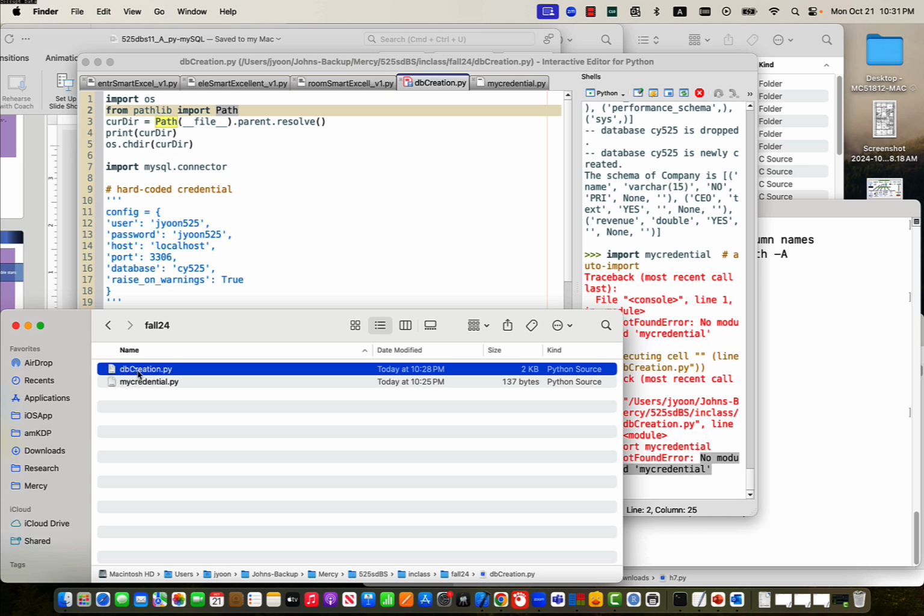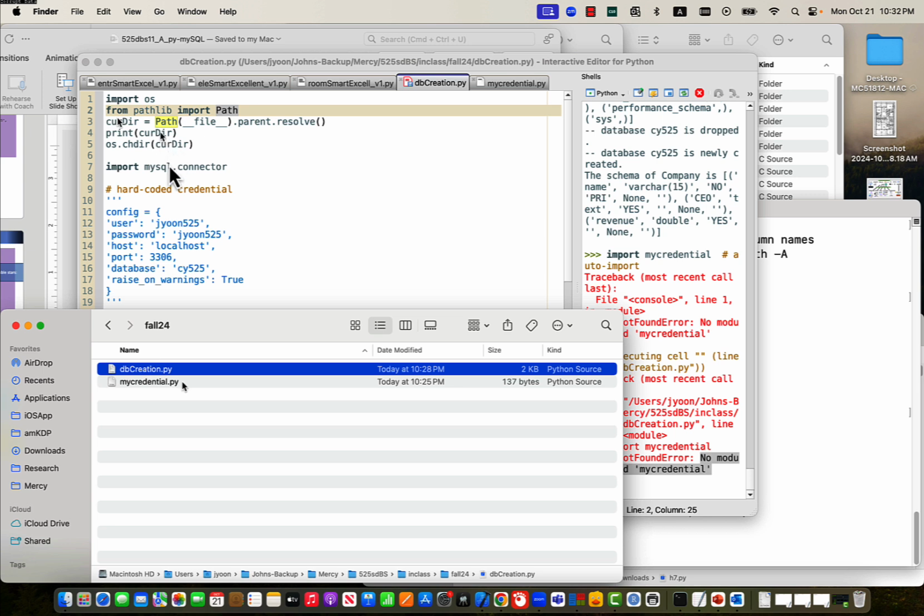But if I point to this file, then I do not see the other database files in the upper directory. So I want to go back to the parent, get the cursor and print that